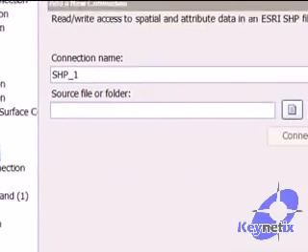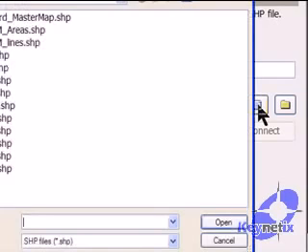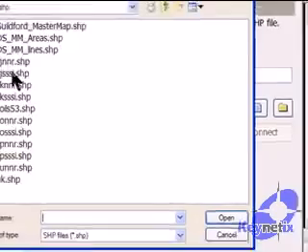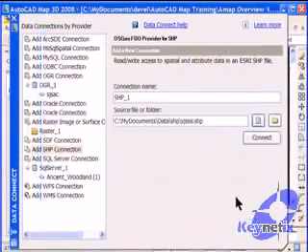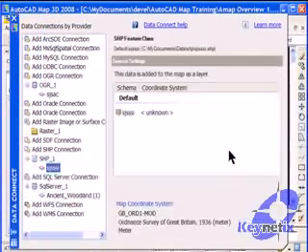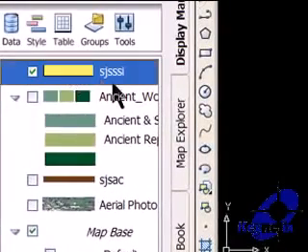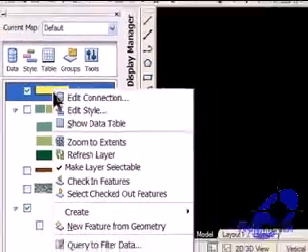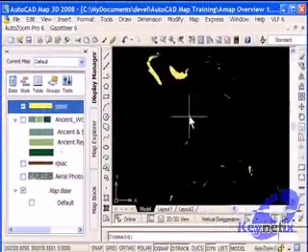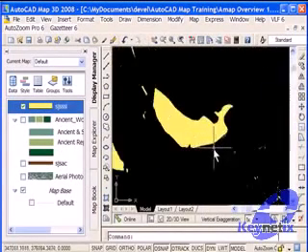So let me show you how it works. I'm going to use shape data for now. Click on and pick my shape file, SSI file here, and hit connect. Let's just add it to the map, and we should see an extra layer added, this light yellow layer here. If I tell it to zoom to its extent, you will see the shape data, the shape objects being shown